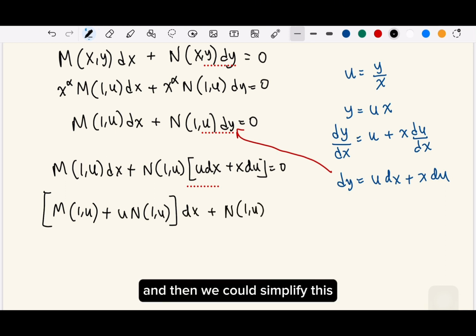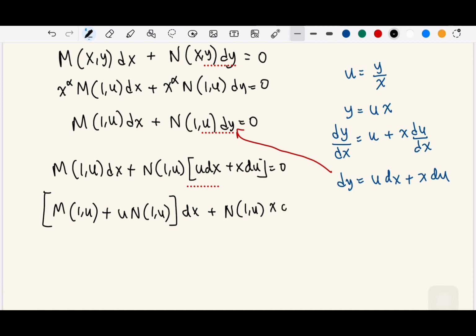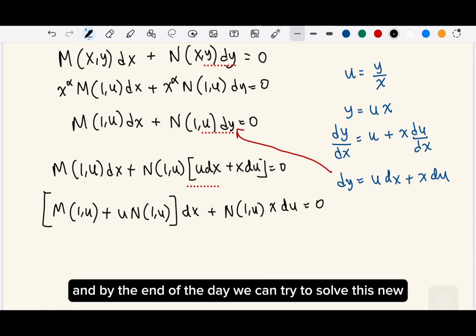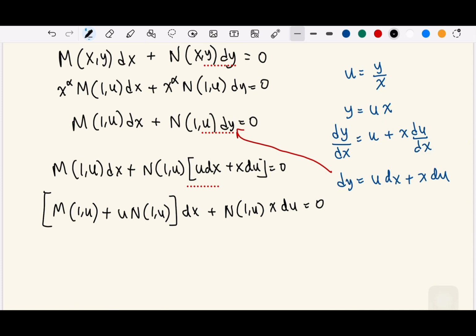And then we could simplify this. And by the end of the day, we can try to solve this new differential equation